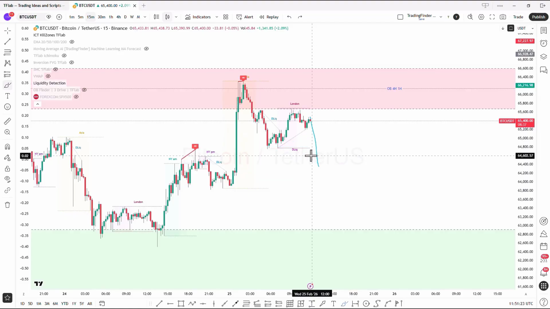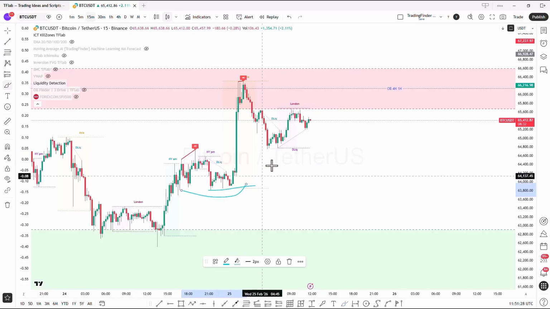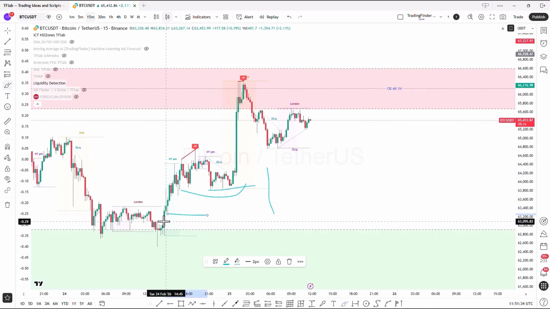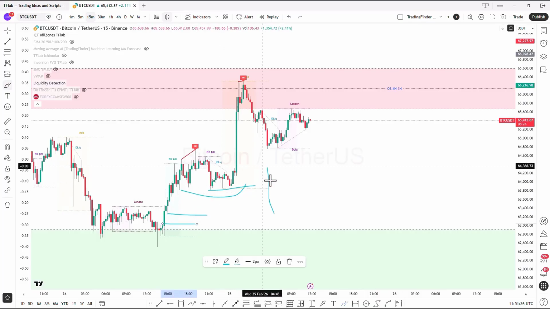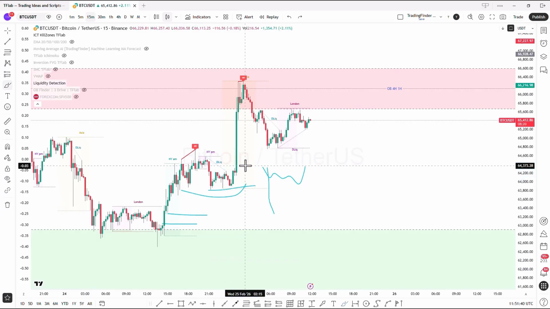But keep in mind that there is also a double bottom and a zone at the lower part. There is a liquidity pool that can attract the price towards itself, and the price may move up to the fair value gap zone. But if we identify weakness and get candlestick confirmation, we can also enter a trade from this area,